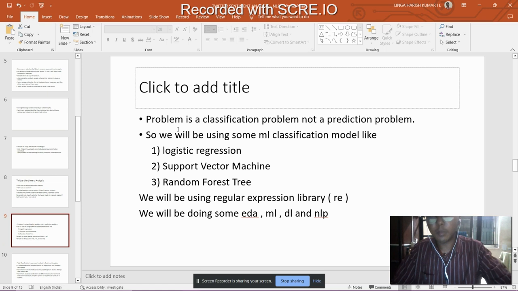So this problem comes under classification, not prediction. There are classification, prediction, and clustering, but this problem comes under classification because we are classifying the tweets as positive, negative, or neutral. So we'll be using some ML classification models, like K nearest neighbor, logistic regression,